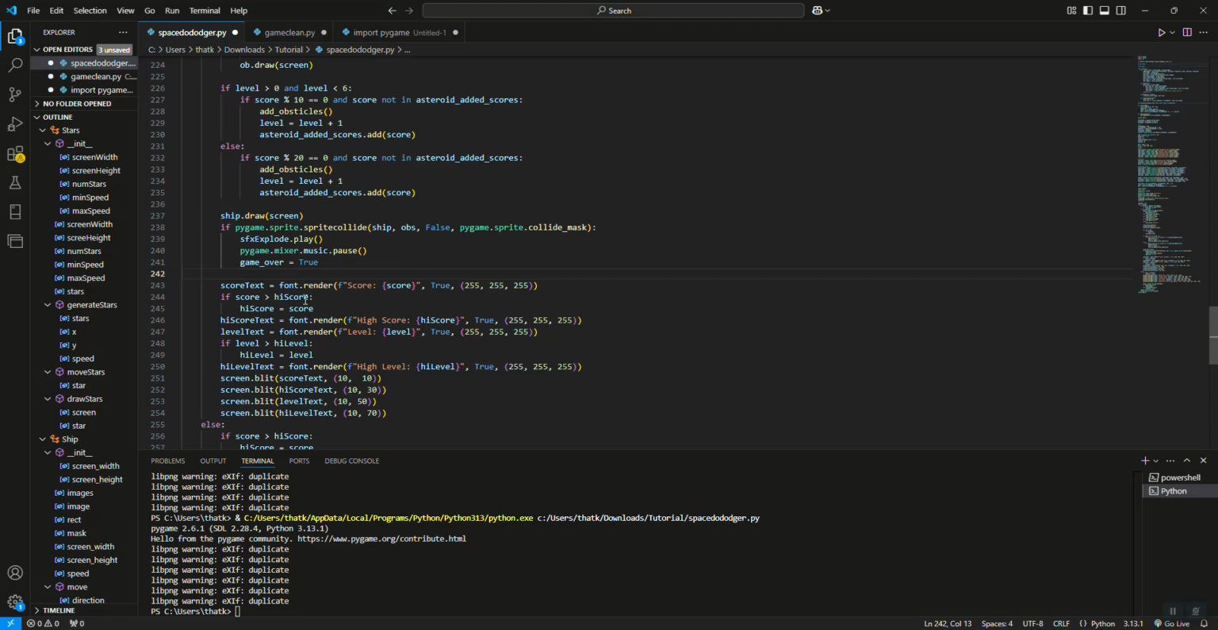If the score is greater than the high score, we're going to update the high score to equal the score. So this will go into when we have the functionality for persistence, where we're going to record our high score and our high level, so that when you come back to the game, it will remember previous high scores and high level. We're going to write the high score to the screen,